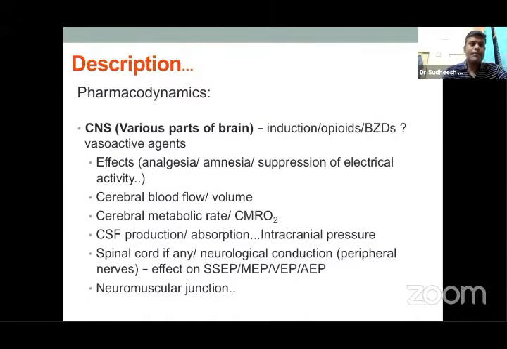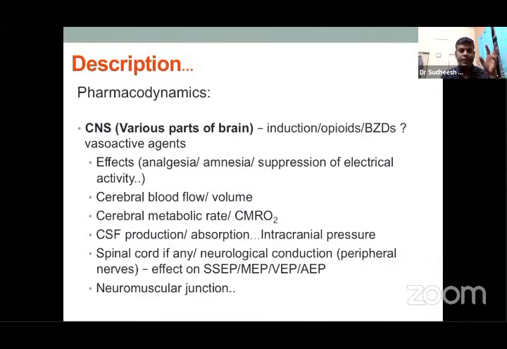Most of the time, every drug has an effect on every part of the body, irrespective of multiple systems. But for us, only certain few areas are of clinical significance. For example, the CNS. When you read about the effect of a drug on the CNS, you can break the whole CNS effects into multiple areas. You can think about the brain alone, the white matter, the gray matter, the cells, the cranial nerves, and various areas of the brain.